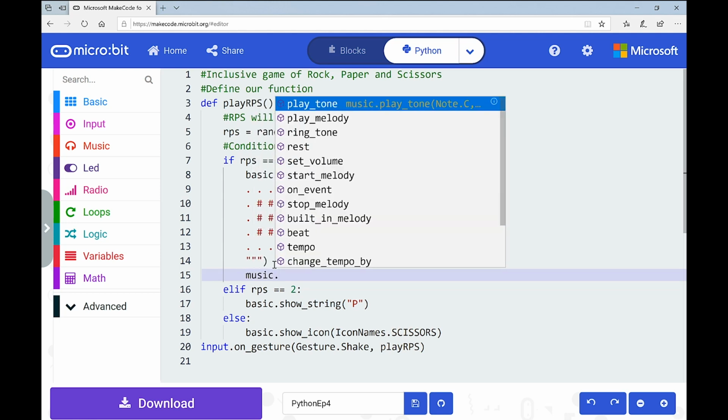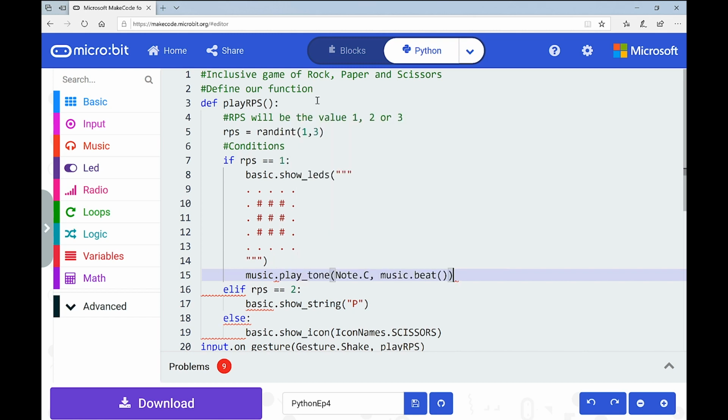So I don't know, Niamh, if you have any ideas about this, but I'm just going to go music dot. And there's loads of options here. We can play tones, melodies, lots of stuff. I'm just going to go with a simple musical tone or note. So I'm going to click play tone. And you can see here that it says note C. So I am not a musician, so that's a heads up for everyone. It might not sound the best, but I'm going to click on C, and I might just change that to A.